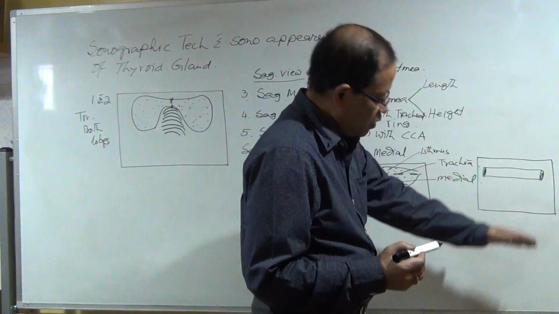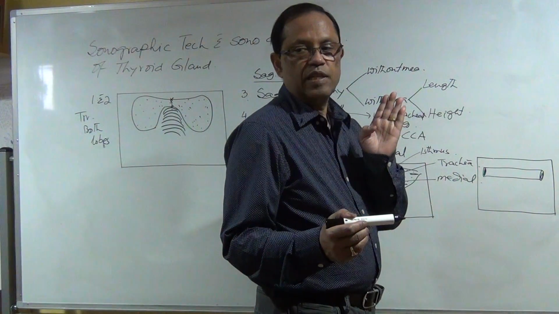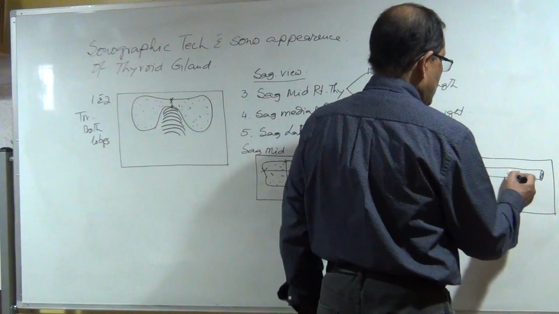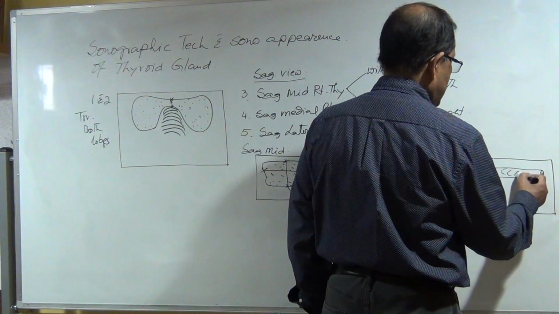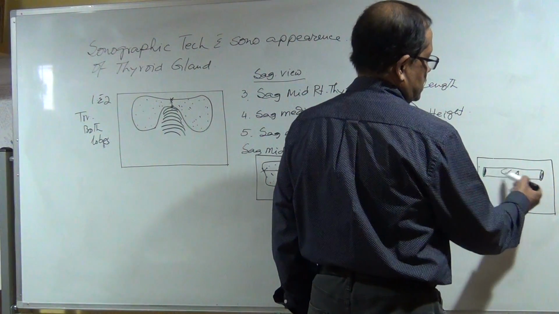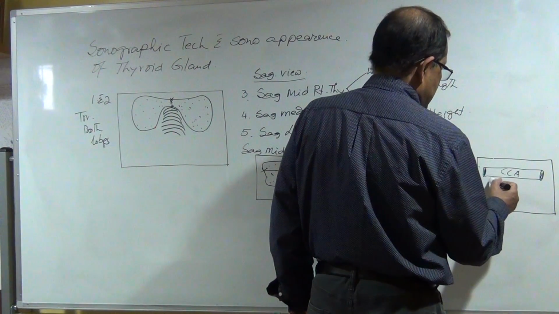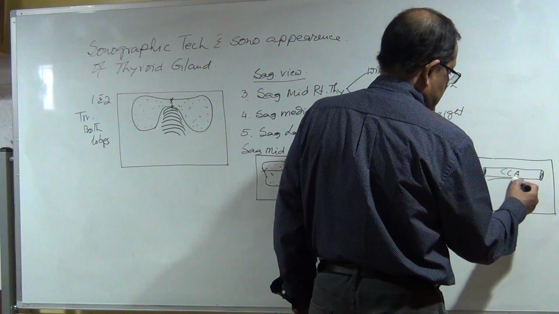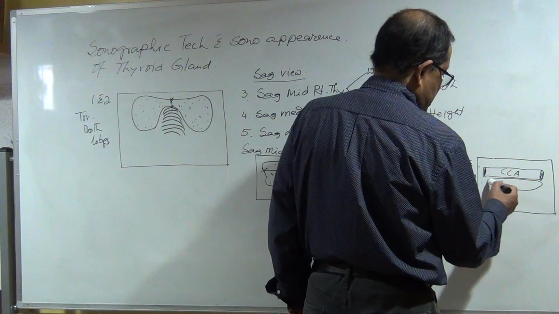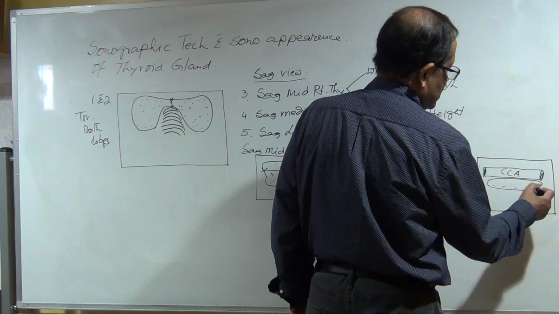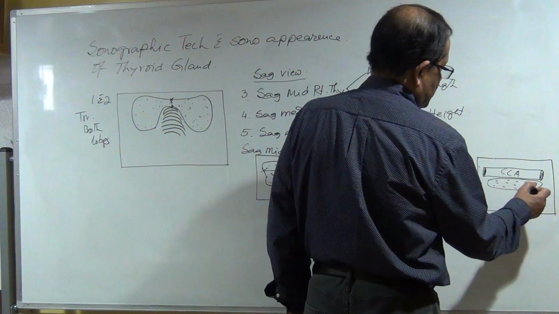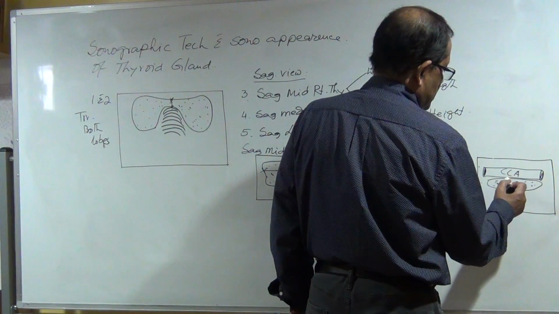Because now you have to come back towards the medial. Okay, so now once you get the common carotid artery, then come back and the common carotid artery will disappear. Then you will see a little piece come up. So this is